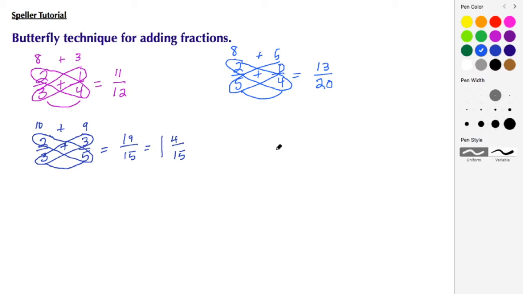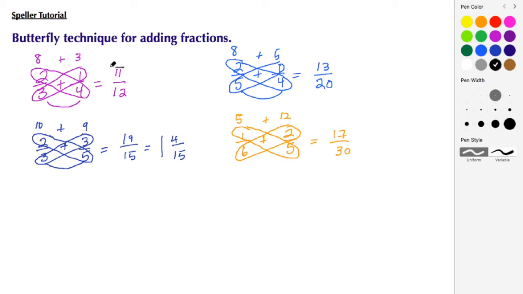And let's do our last example, which would be 1/6 plus 2/5. So let's change the color again. So let's do 1/6 plus 2/5. Again, we're going to cross multiply, so 6 times 2 to give us 12, and then 1 times 5 to give us 5. So here we have 5 plus 12 to give us 17 as a numerator, and then 6 times 5 to give us 30.